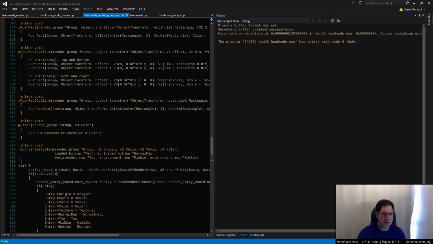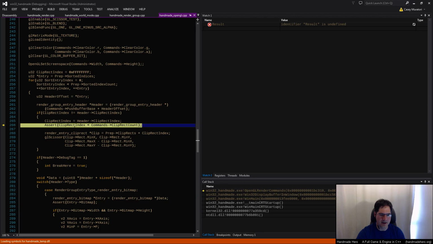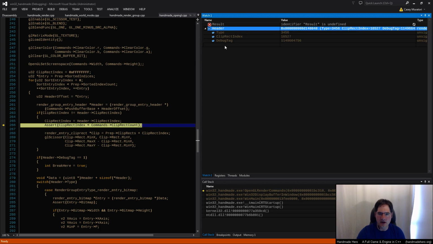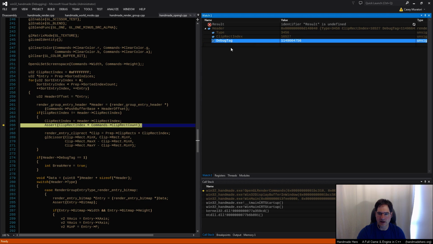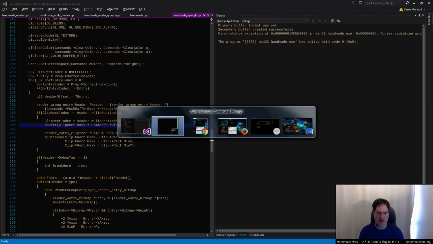All right, so the first thing that I want to check, obviously, is we come in here and we get a clip-rect index that's way out of bounds, right? 16,527, not a clip-rect that probably means anything. I wanted to see what the header is here. It looks to me like the header is garbage, right? The reason I wanted to check that is because I wanted to know whether we were looking at a wrong location, or whether it was a wrong clip-rect index. And it looks like we're looking at a wrong location.